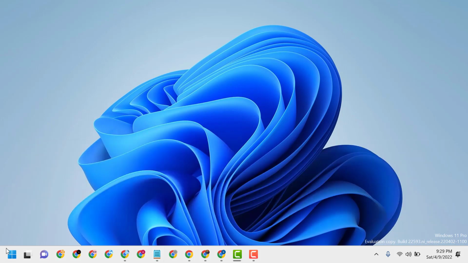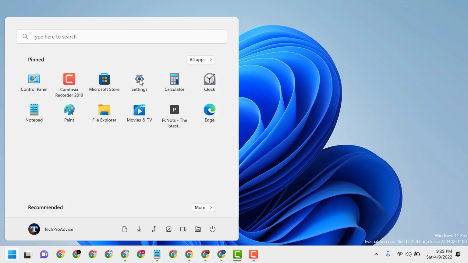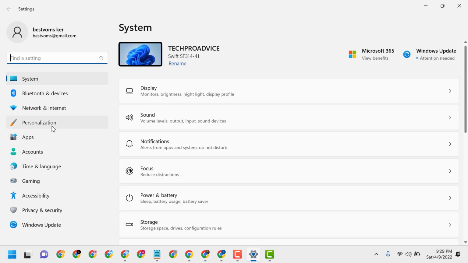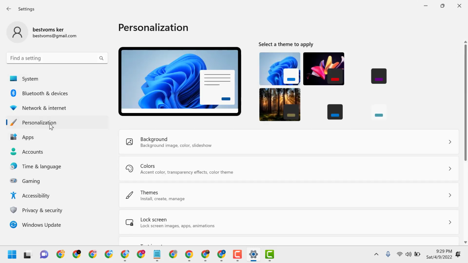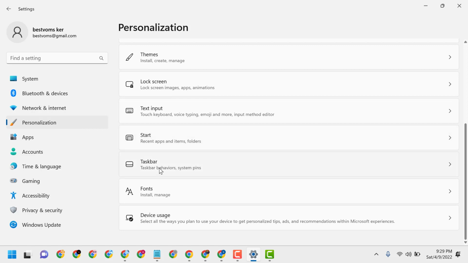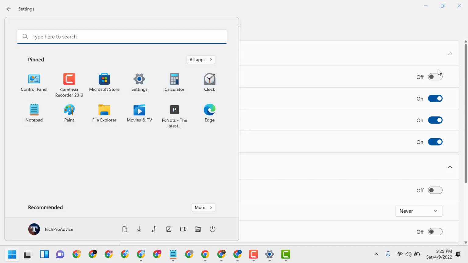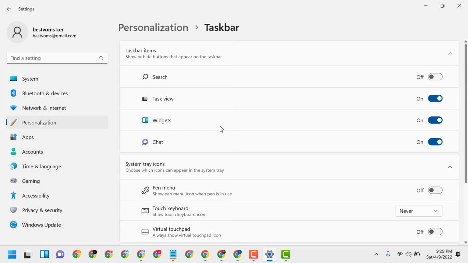So very simple. Start settings. Now here click on personalization and click on taskbar. Now here guys you will see option widgets turn on. Just guys you have to turn on widget setting, then close it. So hopefully guys after this you can enable and you can see widget is working properly on